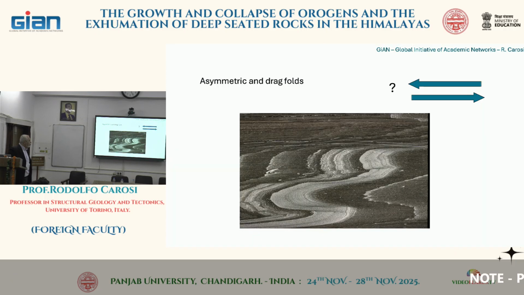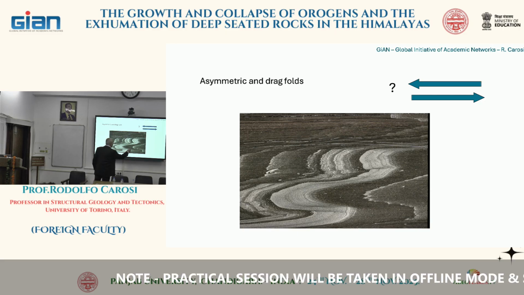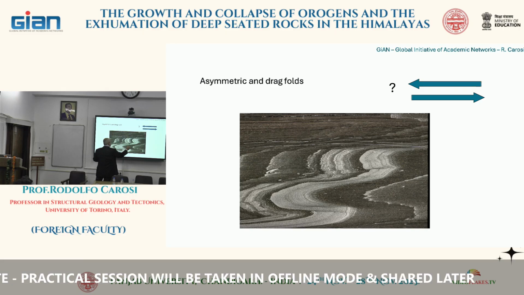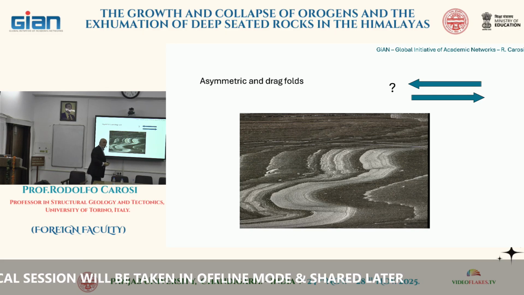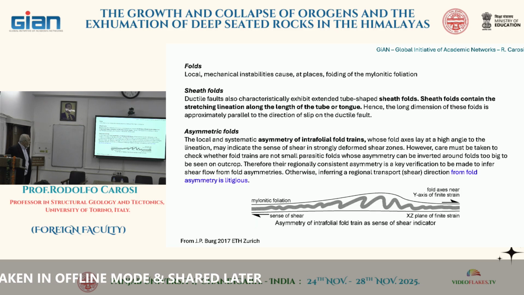Okay, asymmetric fold. Asymmetric fold is the worst kinematic indicator. So this is an asymmetric fold in thin section in Sardinia, metapelite and metasamite. You can see long limb, short limb, long limb. So you can put a sinistral sense of shear. Some people use this one, but